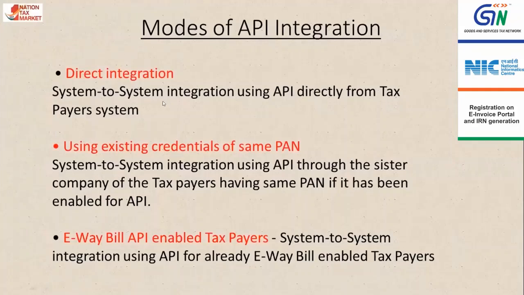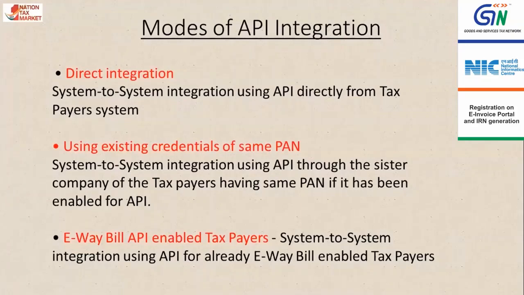For that, the taxpayer needs to enter the IRP portal and provide his IPs, which need to be whitelisted. These are Indian IPs, and a provision of 4 IPs has been given. So he will enter those 4 IPs and submit, and also he has to submit the test reports stating that he has done the testing of all the APIs of the system. So once it is uploaded, the network team will scrutinize the test reports and they will whitelist the IP.